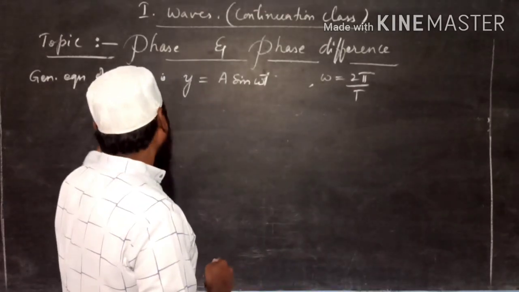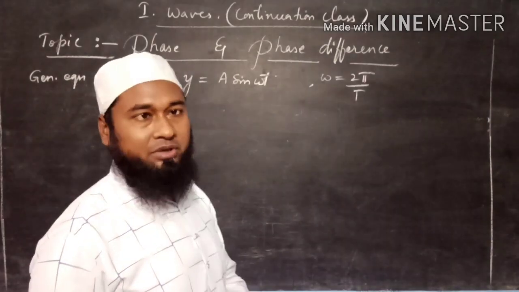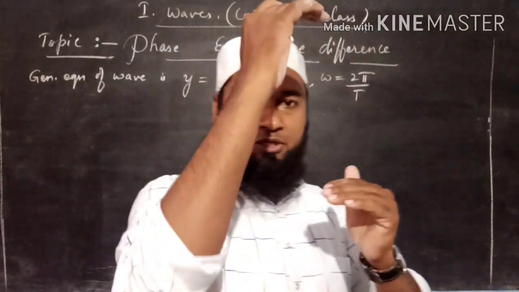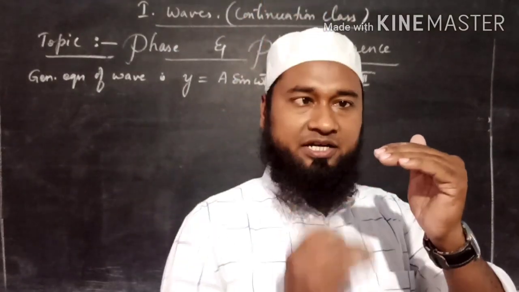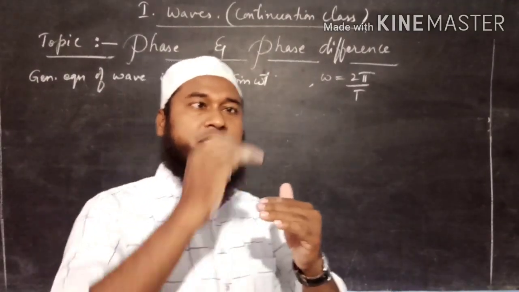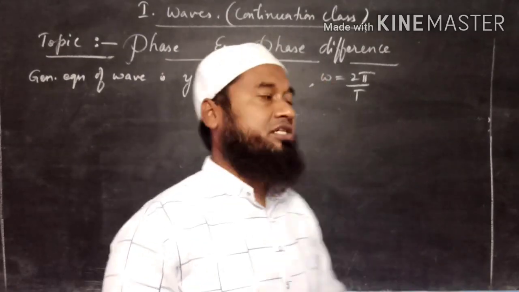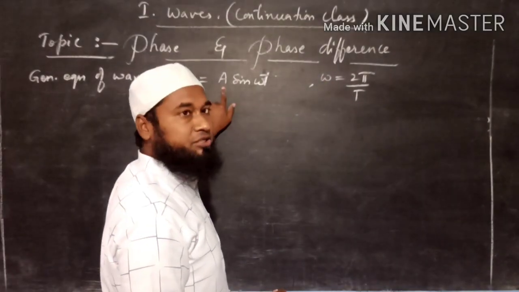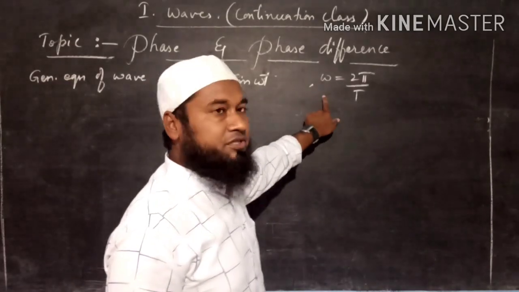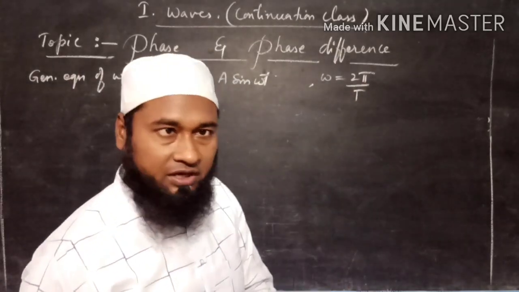What is that? We derived the general equation of wave as y is equal to a sin omega t, in which y is the displacement of the particle from its mean position, and it will always be in the y direction. And a is amplitude, the maximum displacement in the upward direction and the maximum displacement in the downward direction, and it is denoted by a. It will always be constant. Omega is angular frequency or angular velocity. The formula is 2 pi by T. In first year we have already seen this.